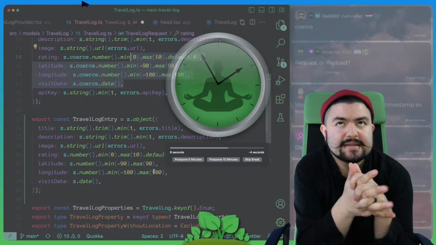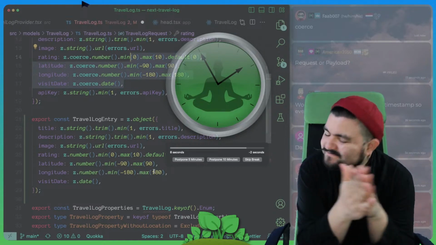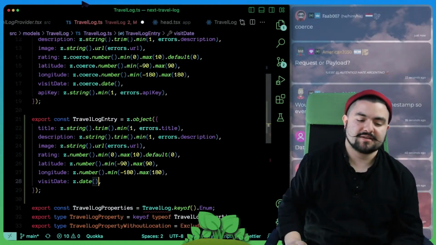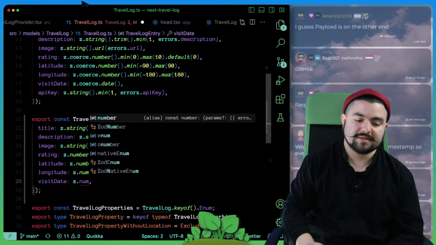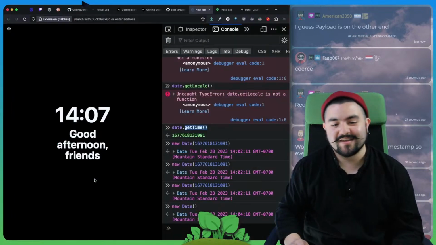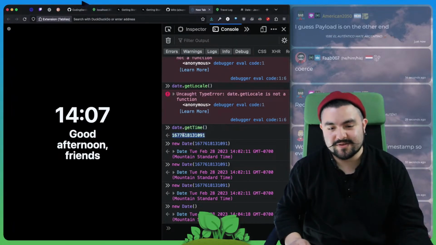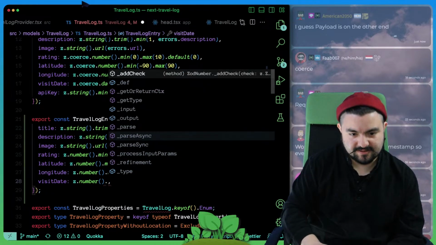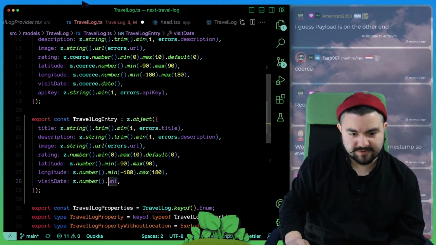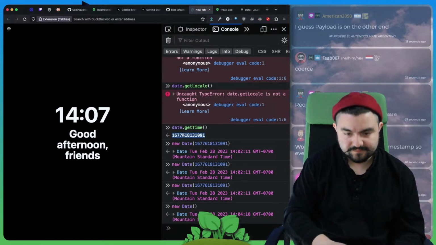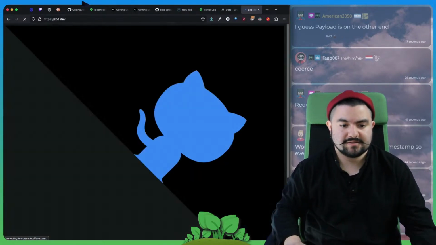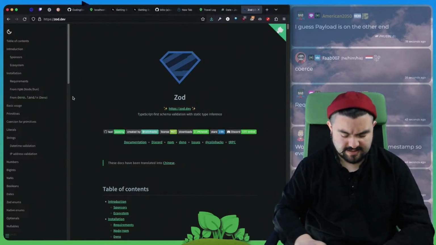Would I store the date as a Unix timestamp? Yeah, maybe we do need to do that, but I want to do some validation on it, which might be tricky. I could look up how to validate a Unix timestamp. Does Zod have a built-in thing for Unix time? Let's look at the Zod docs and